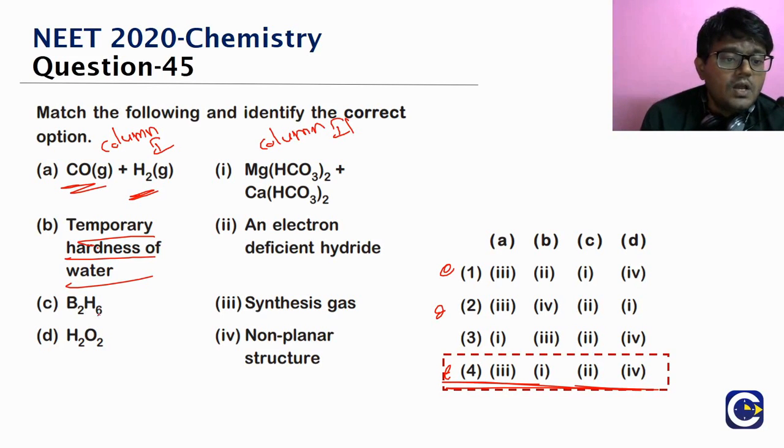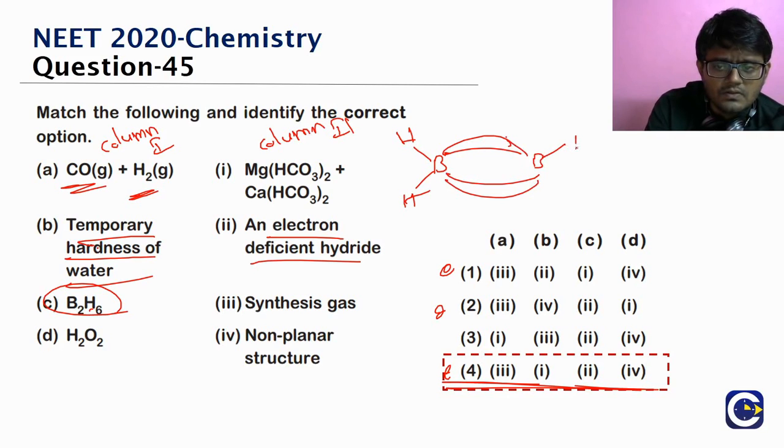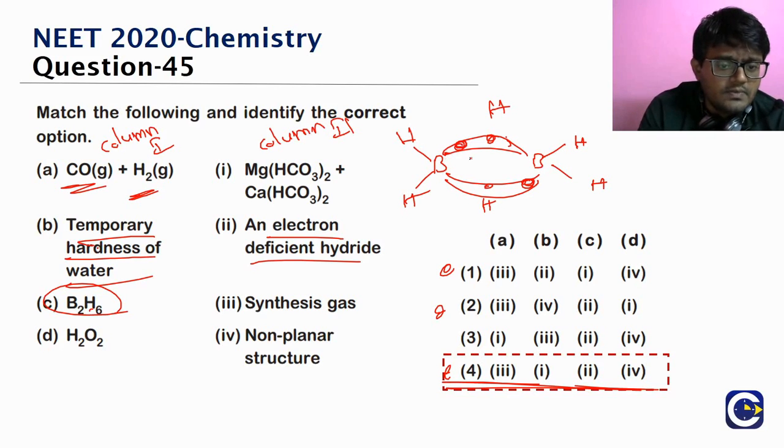But nevertheless, we'll look at option C. What is it? Diborane, B2H6. Okay, so B2H6 is what? It is an electron deficit hydride. Even though it forms the banana bond complex, where we have the 3-centered 2-electron bond, what will be there in B2H6? There will be a 3-centered 2-electron bond, banana bonding, right? But still, this is an example of an electron deficit molecule. The boron atoms, right? They will not be able to attain the octet structure. So C should be matched to what? C should be matched to 2.